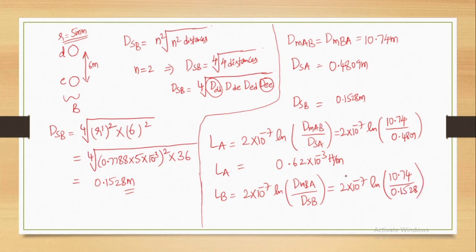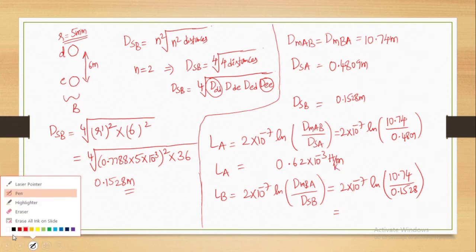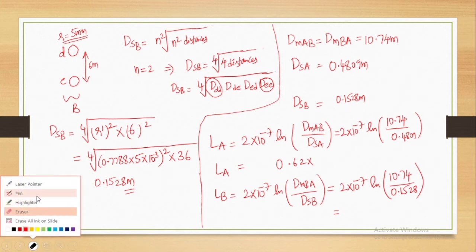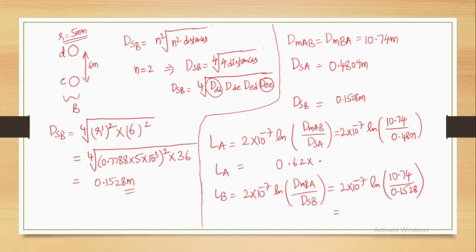Right? Now what is this value? If you evaluate this in the calculator, you will not get this in millihenries; you will get this in 10 power minus 6